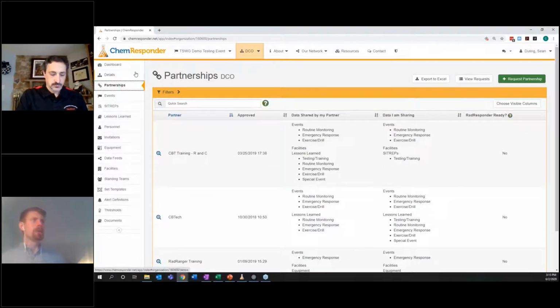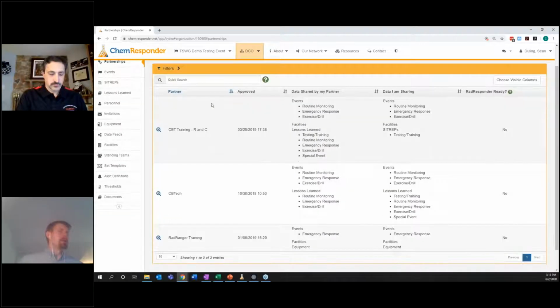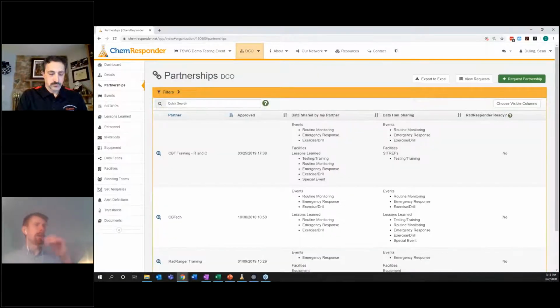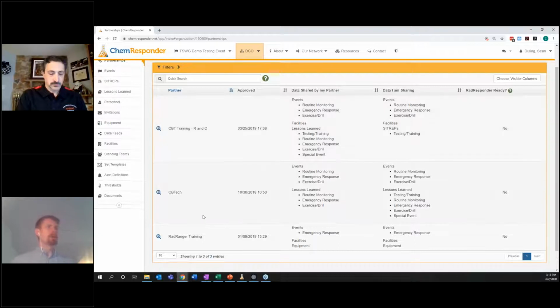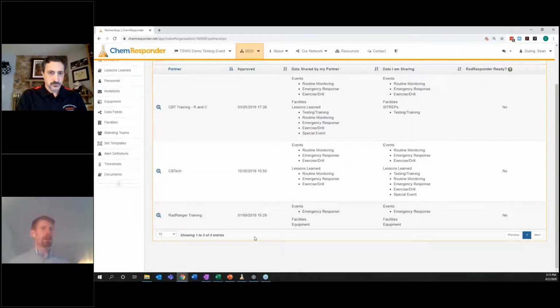I jumped to our partnerships page in our demo organization. And so you can see here that I've got 3 partners, again, for this demo org. And the columns here are telling us the elements of our organization that they're sharing. So for this one at the bottom here, the Rad Ranger training, you can see that these organizations are sharing